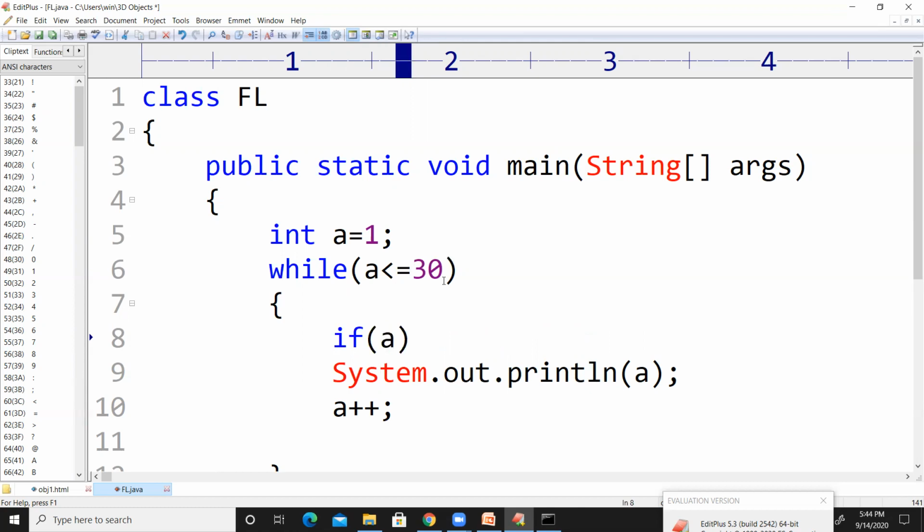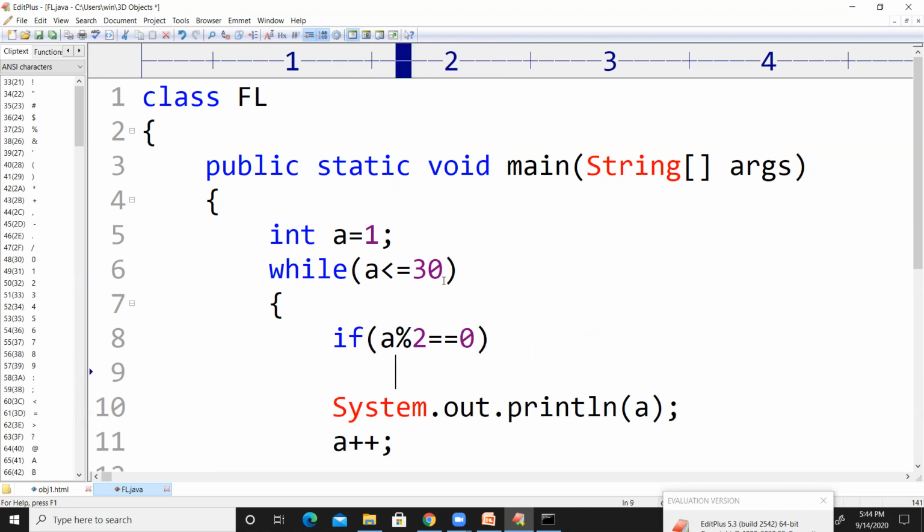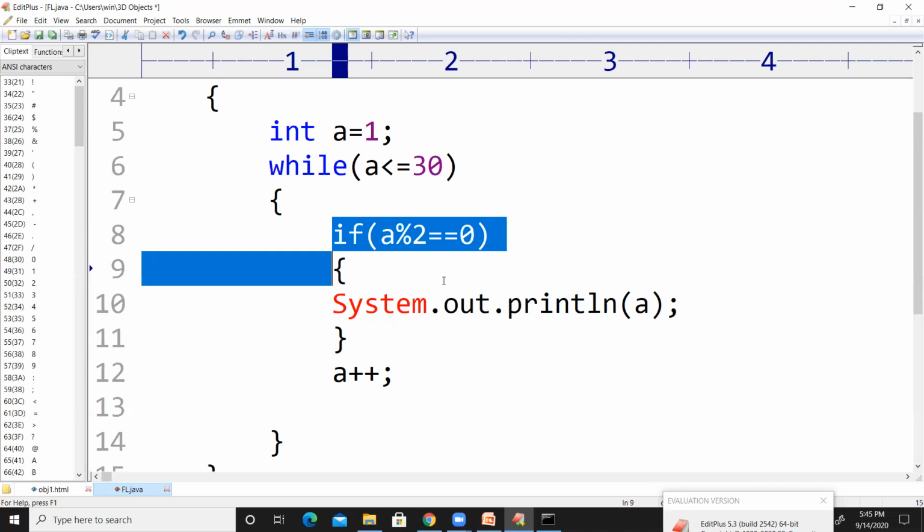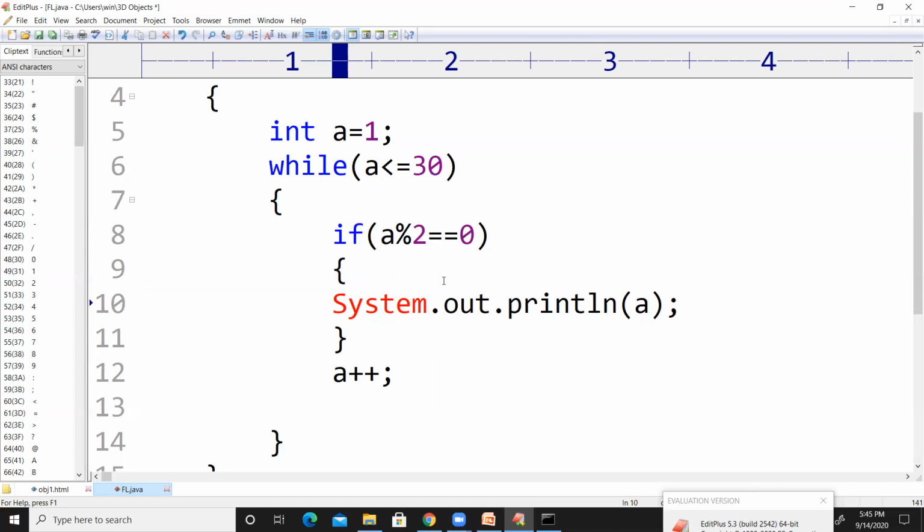If A % 2 == 0, then only it has to print the number on the output screen, right? And then the A value will get incremented, right?